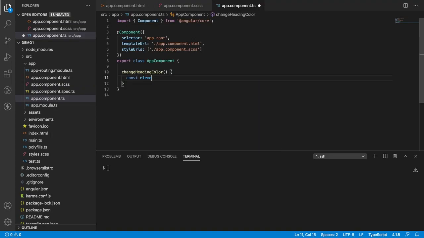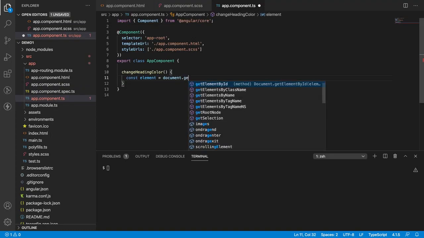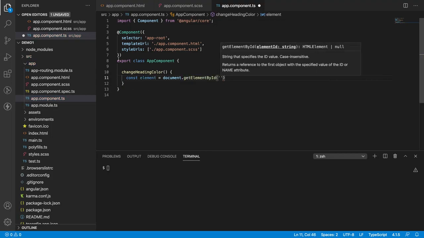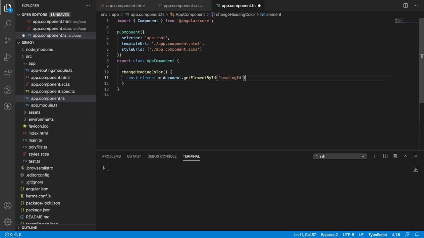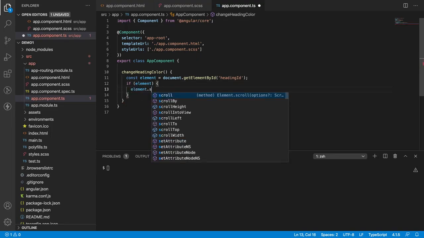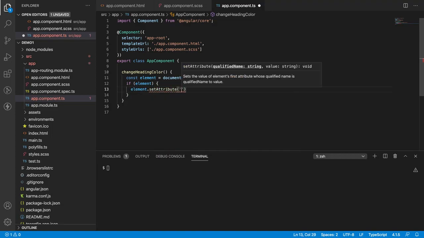Let me create one element equal to document.getElementById of my ID, that is headingId. Let me copy that, paste here, and if the element exists, then I want to add a class. Let me use setAttribute of class.